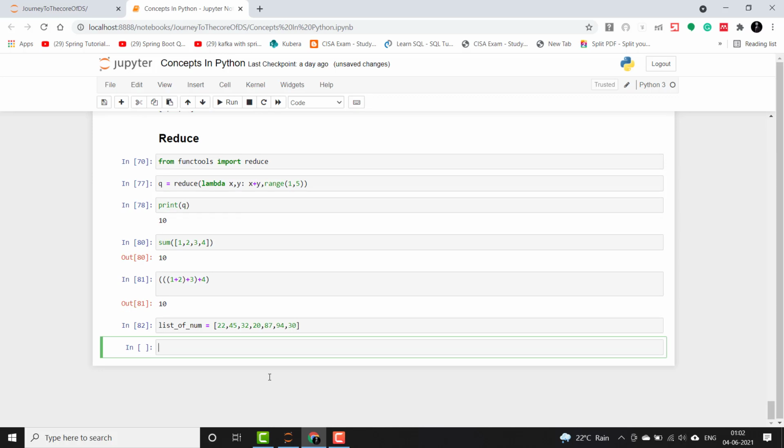So let's use it. Say reduce, use a lambda in it just like before, use x and y as input, and now we will do a comparison. We will check if x is greater than y. If x is greater than y, we will return x, else we will return y, and we will take the list as an input. Then we will print it.